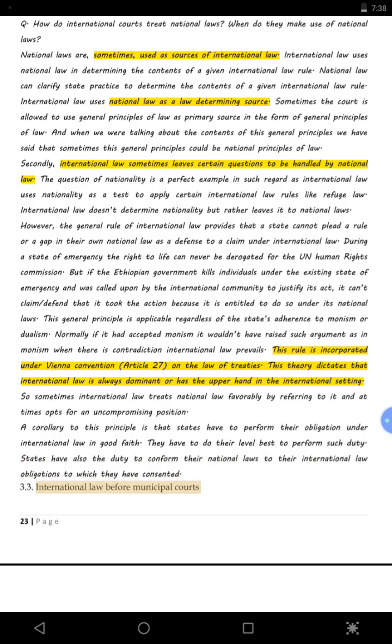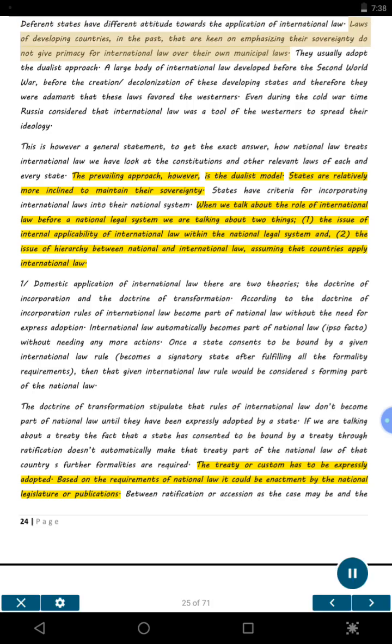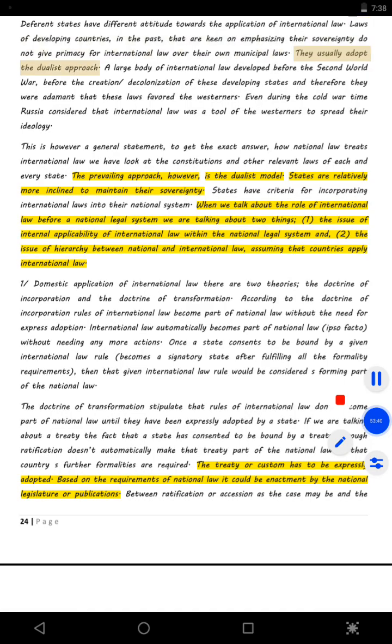3.3. International law before municipal courts. Different states have different attitudes towards the application of international law. Laws of developing countries, in the past, that are keen on emphasizing their sovereignty do not give primacy to international law over their own municipal laws. They usually adopt the dualist approach. A large body